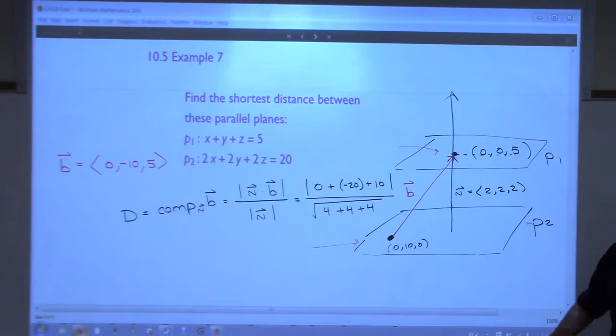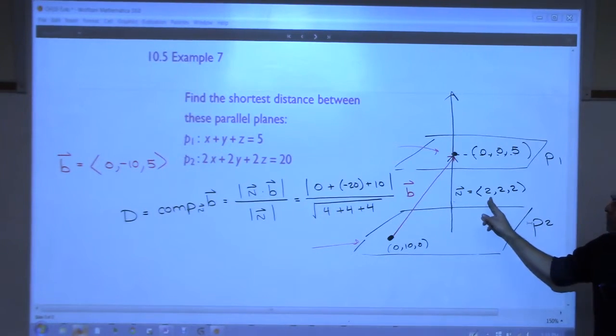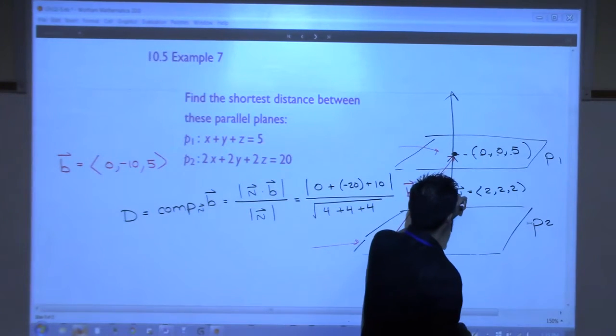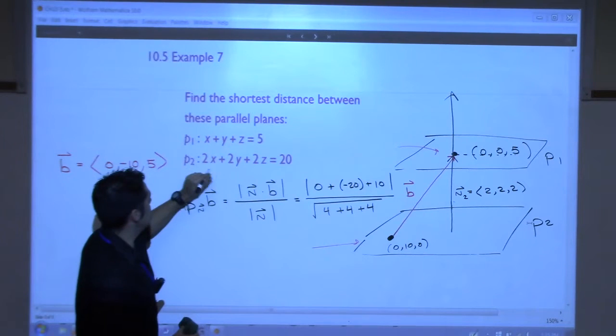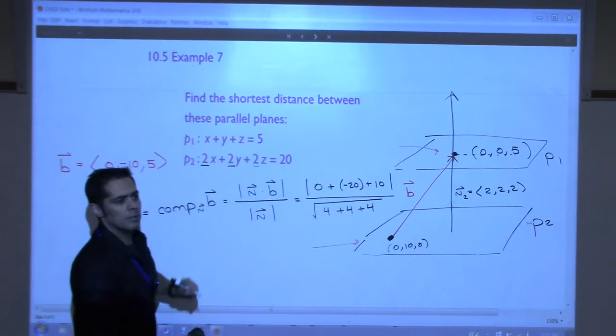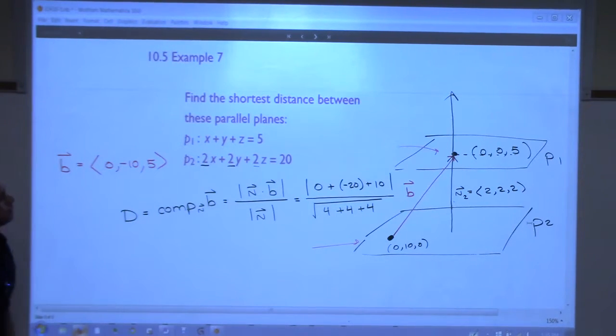Why are you multiplying, why is it 2? Like when you do the n. Okay, because we were looking for the normal vector of plane 2. Maybe I should have done that. Plane 2, the normal vector is 2, 2, 2. Yes? I could have used 1, 1, 1. Yes? Why is it a -10 and